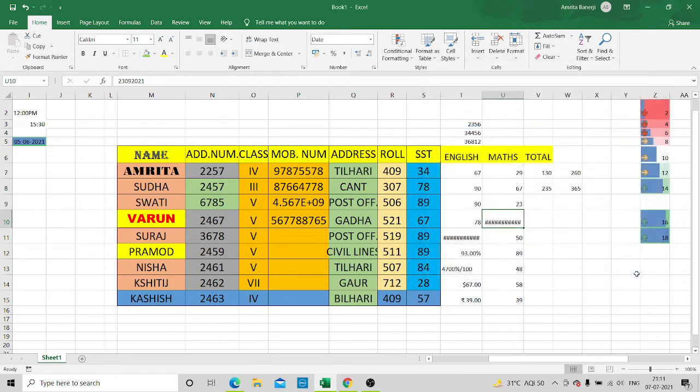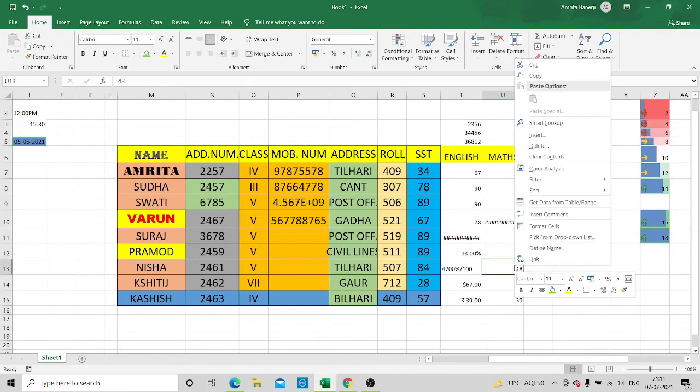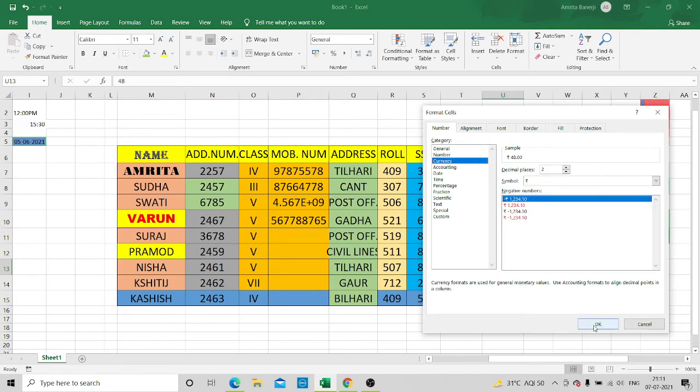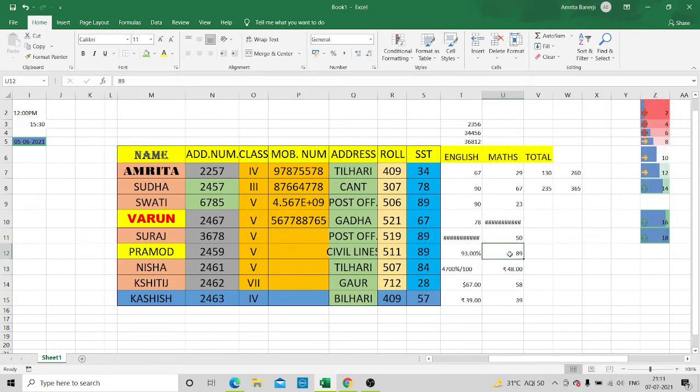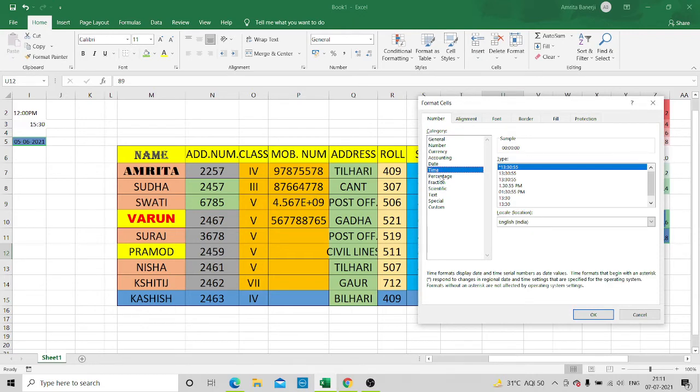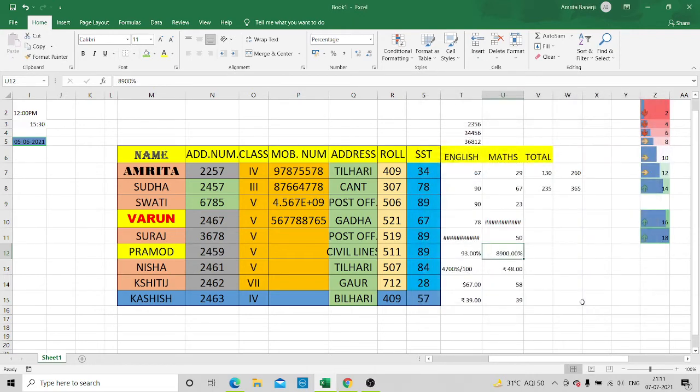Okay children, for now I will just skip this part. I will explain another one. So this way, children, I hope you have understood the currency and percentage representation. I will do it once again. Going to format cell, you will select the currency, click OK, and the currency will appear. Once again, format cell, go to the percentage, and the percentage will appear. If you create the formula equals to divided by 100, you will get the correct value for percentage.